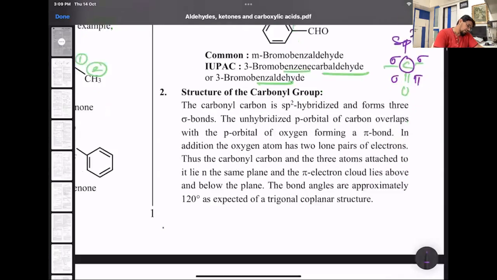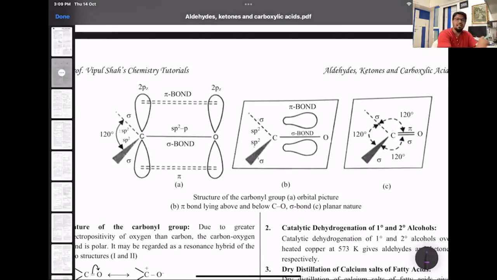That's the part we'll see. All right. So look at the structure now, that of the carbonyl group. I want everybody please concentrate there. So carbon-oxygen is an sp2-p sigma bond, because carbon is sp2 hybridized, with the p orbital of oxygen. So that's sigma. Then you have a pi bond, that is basically the 2pz of carbon with the 2pz of oxygen. So that's a p-p lateral overlap. Is that clear? And the remaining 2 sigma bonds will be formed by the sp2 hybridized state of carbon. So we have a trigonal planar structure of the carbonyl group.